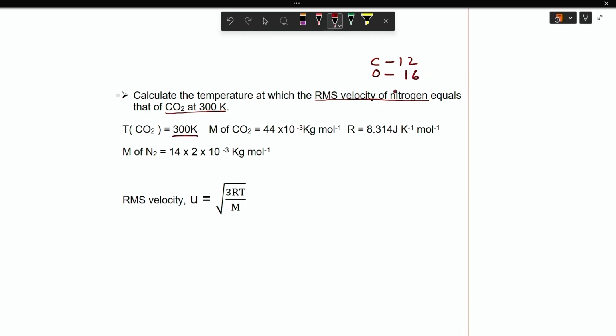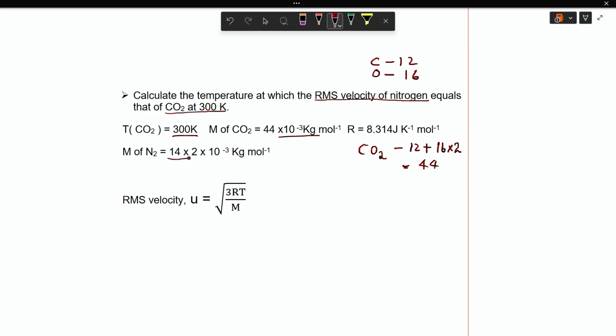and you have carbon dioxide, means CO2, that is mass of carbon plus 16 into 2, that is oxygen, because you have 2 oxygen atoms, and that will be equal to 44 into 10 to the power minus 3 to convert it into kilograms. R is equal to 8.314 joules per Kelvin per mole, and molecular mass of nitrogen is equal to, remember it